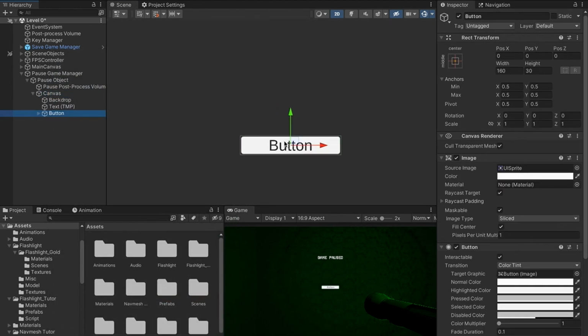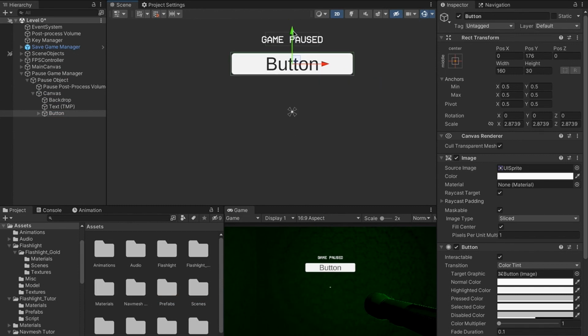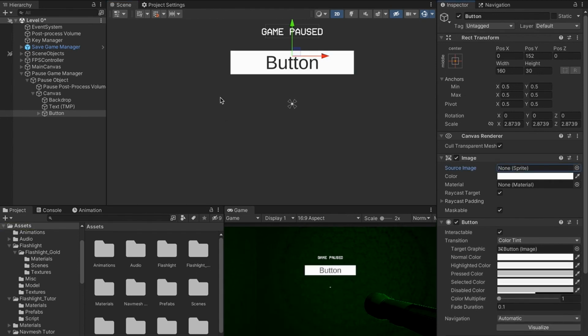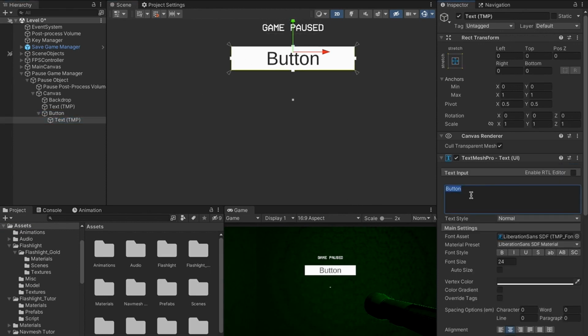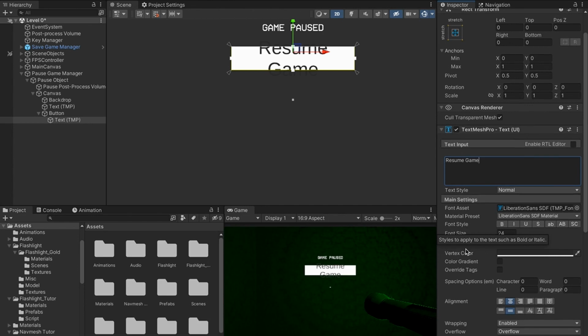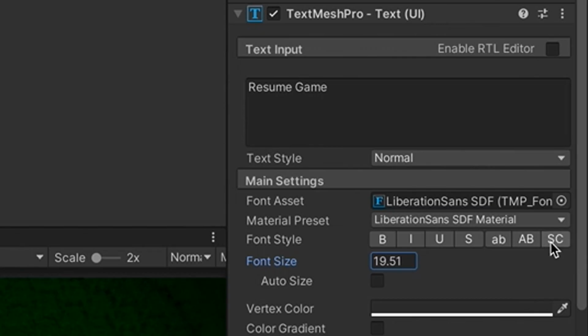So I'm going to go ahead and zoom in on it, drag it up. I'll make it a lot bigger, just like that. And I'll go ahead and get rid of the UI sprite from the source image in order to make it into a square or a rectangle instead of a rounded rectangle. I'll change the text on this to be the resume game text right here. I'll change the font size to be smaller, and I'll click this button right here